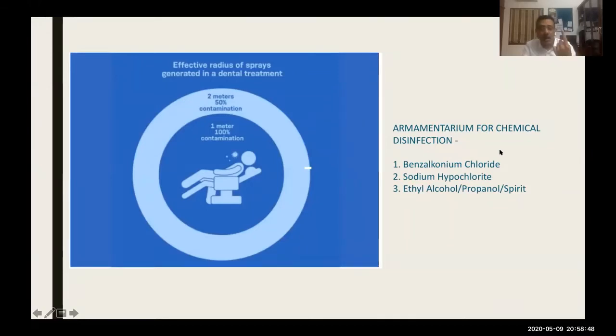If you make a 1% sodium hypochlorite, and if you are going to clean the clinic from inside to outside, that is from areas of less contamination outside, you go to the inside and clean up the inside. That is the ideal solution. Or you can start from one end of the clinic inside, the deeper end, and come towards the door and clean it and take it out.